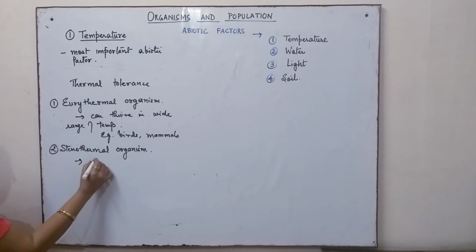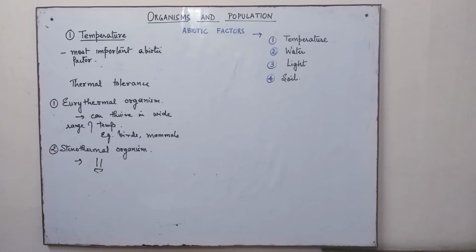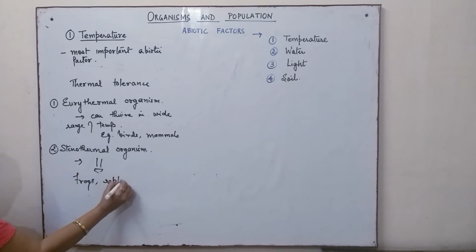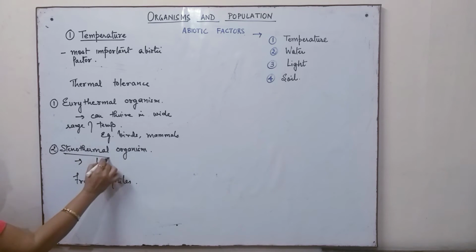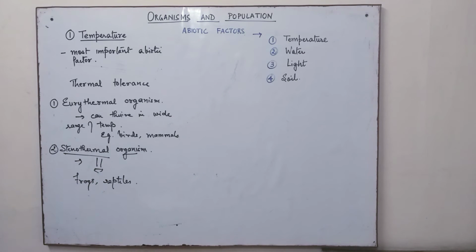Stenothermal organisms have a narrow range. That means they can thrive in this particular range only. Examples are frogs and various reptiles. These are very good examples of stenothermal organisms, which can only survive within a narrow range. So we see that over here the temperature has a major influence in the distribution pattern of organisms, and it is